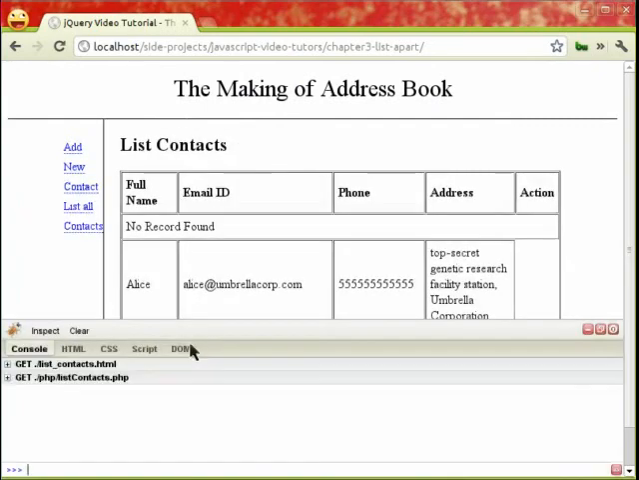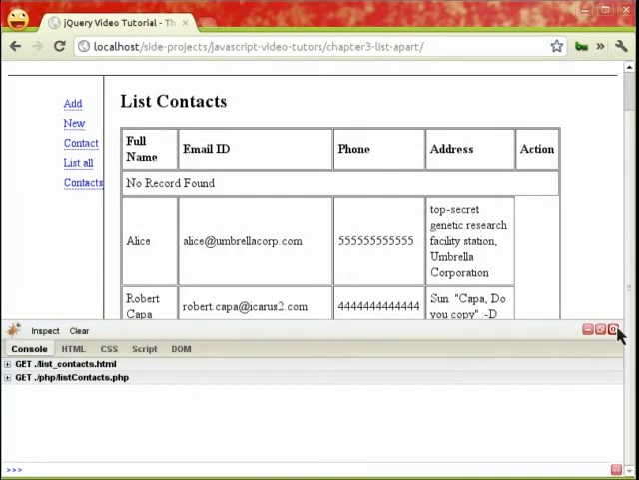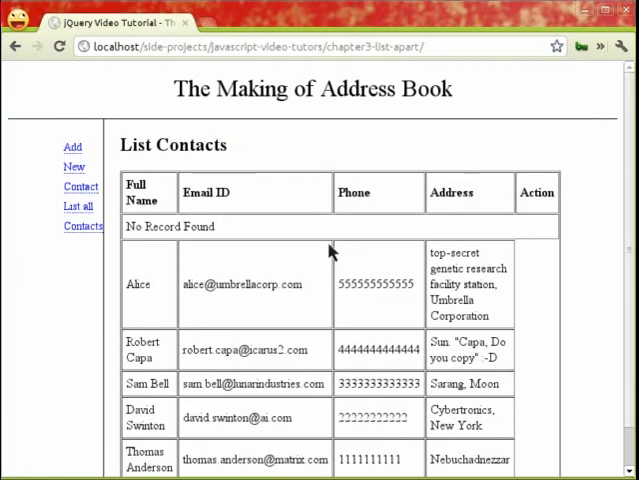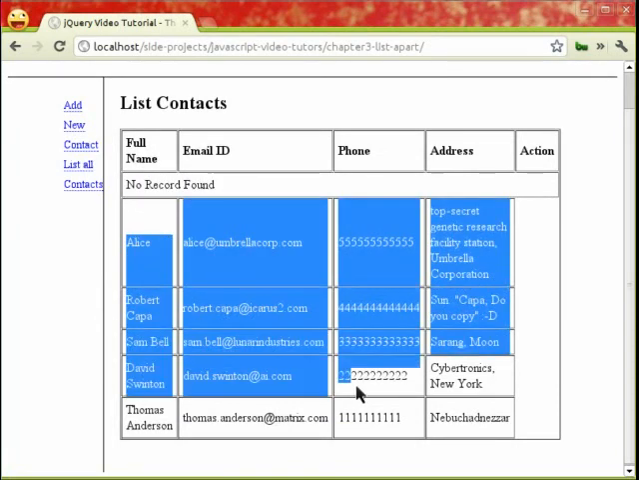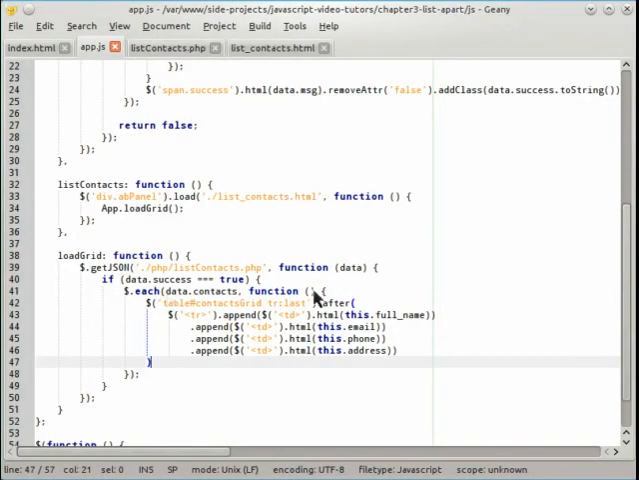Fine, this should work. Let's see. You see that? Now the problem is that we don't want this row if there are any records. If there is no record available, then we need this row. So